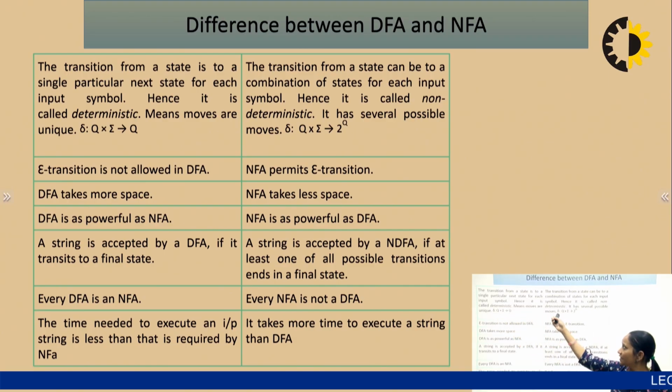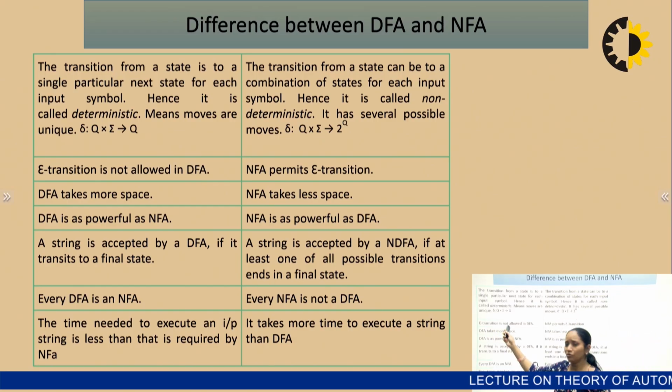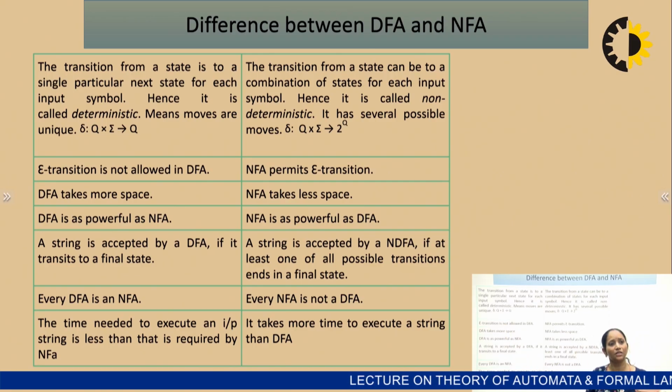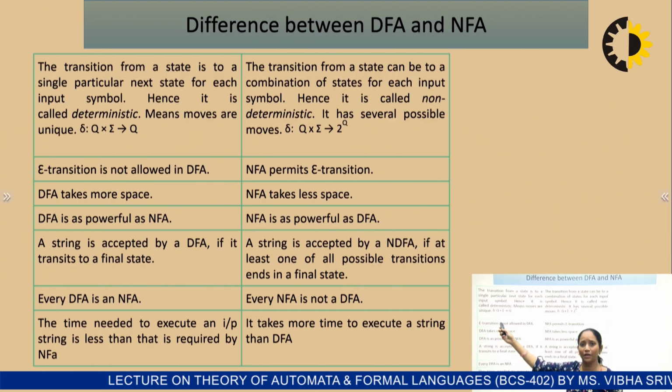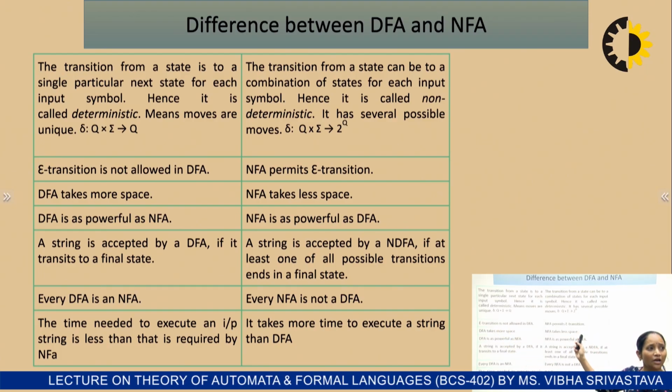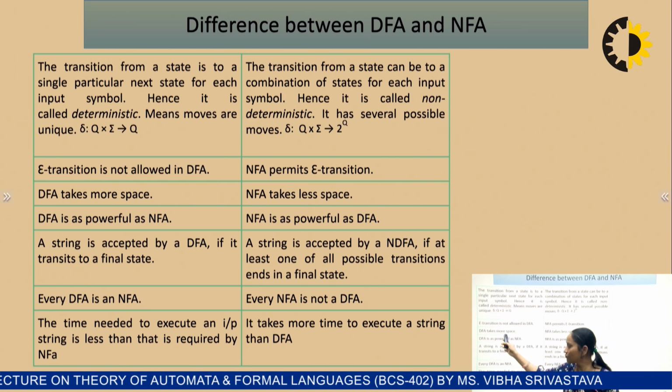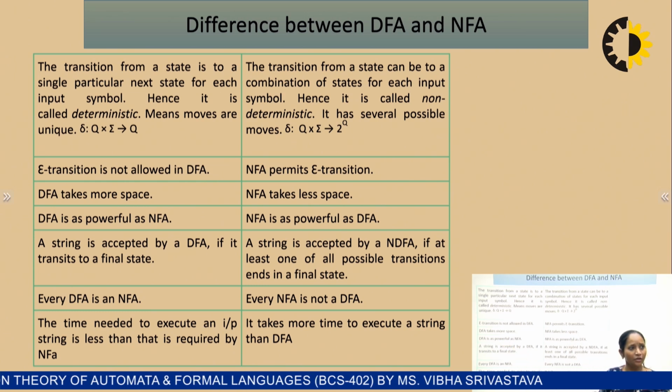If it is an NFA, the transition function is defined as the power set of Q. In a DFA, a null transition is not possible; a state can change only after consuming an input symbol. Null transitions are not allowed in the DFA, but they are allowed in the NFA.